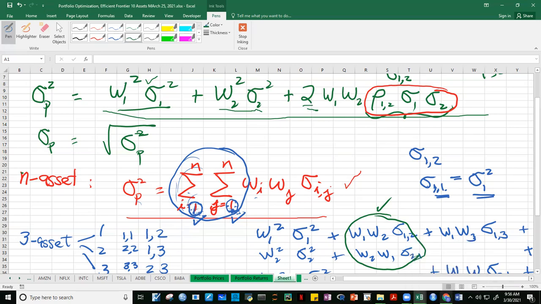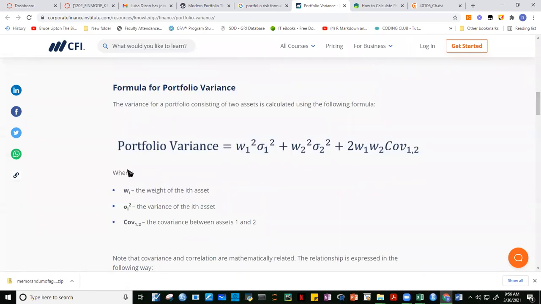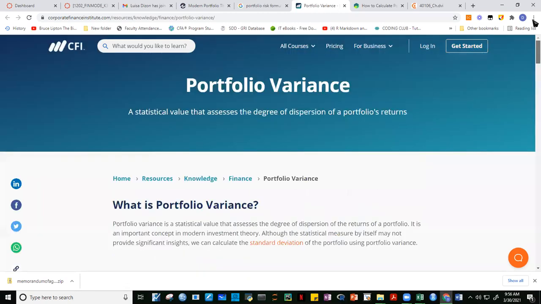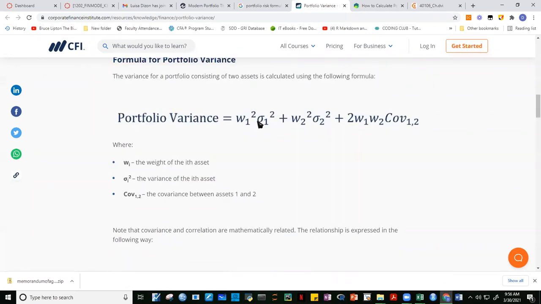Clear, sir. Okay, good. So pakita ko lang sa'yo, kaya makakita ka ng ganito. Kunyari, sa site na to, sa portfolio variance sa CFI, sinasabi nila na ang variance sa isang 2-asset portfolio is this one. Remember, covariance 1 with 2 is also the same as correlation times standard deviation 1, standard deviation 2. Take note, may comma yung covariance 1, 2, kasi dalawang asset ang sinasabi niya dyan.